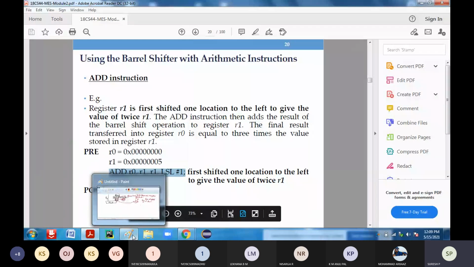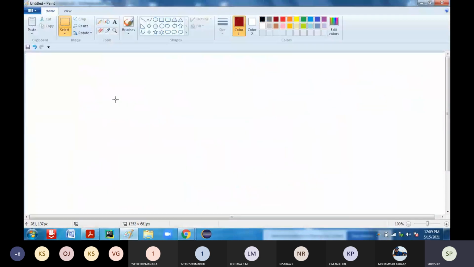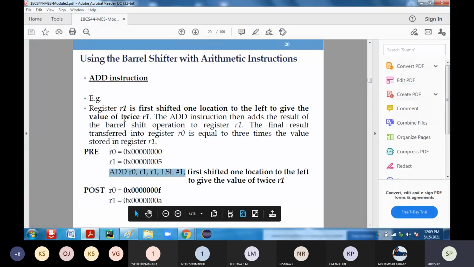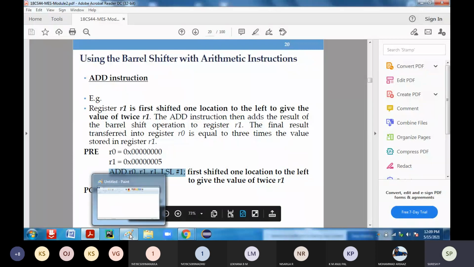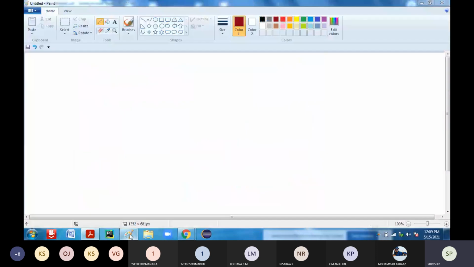If I explain one more time, you can see from that instruction what it is telling: it is going to perform ADD R0, R1, R1, LSL #1. You can take this as an example.